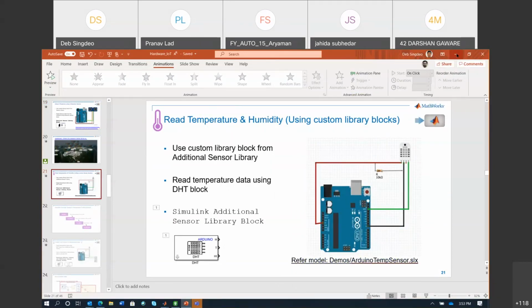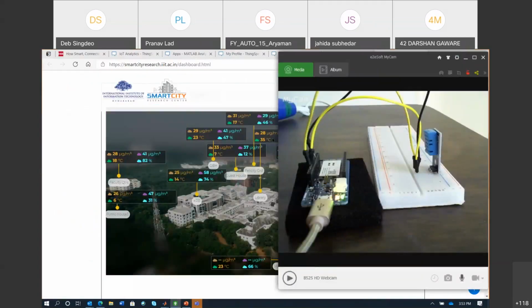So I have the same sort of configuration here. Let me just start it. As of now, these are the connections I have made. You can see this is my DHT sensor here, and there are 3 pins. The yellow ones are coming to this Arduino board that I have.